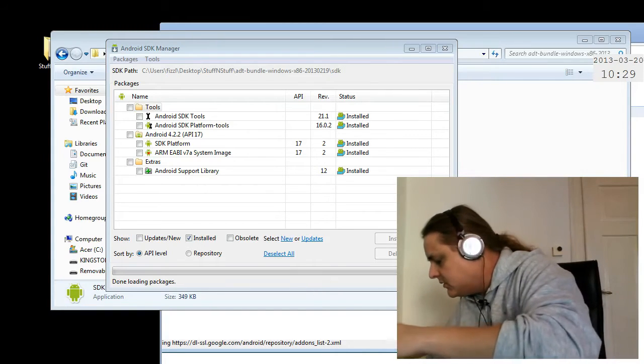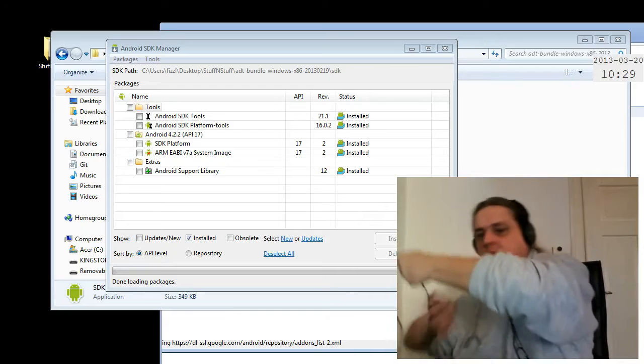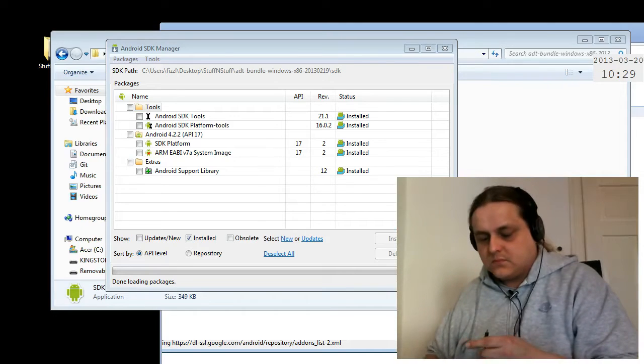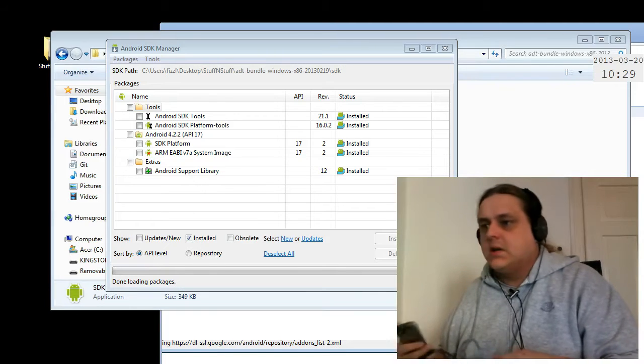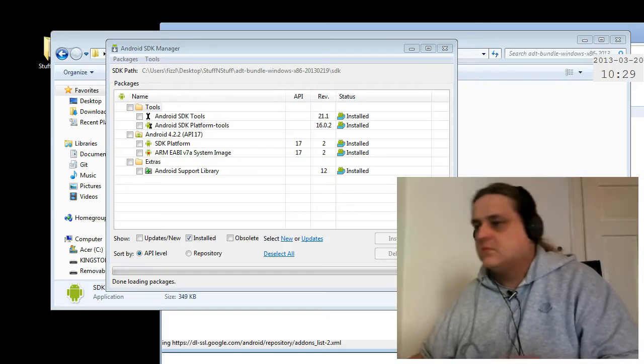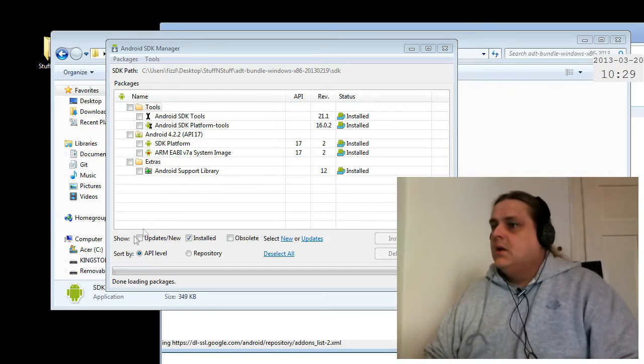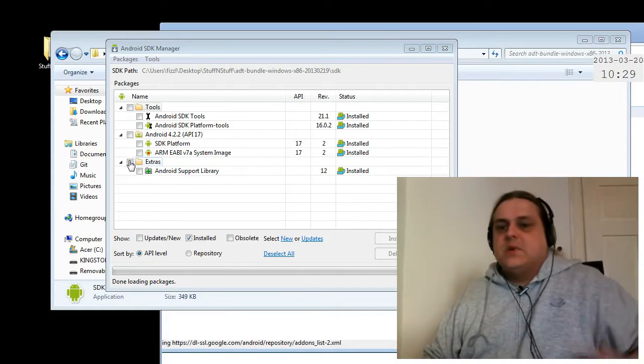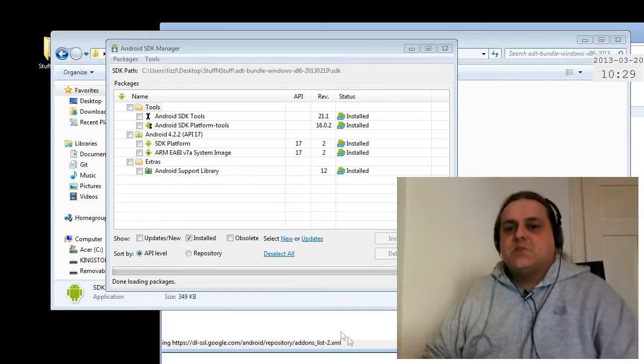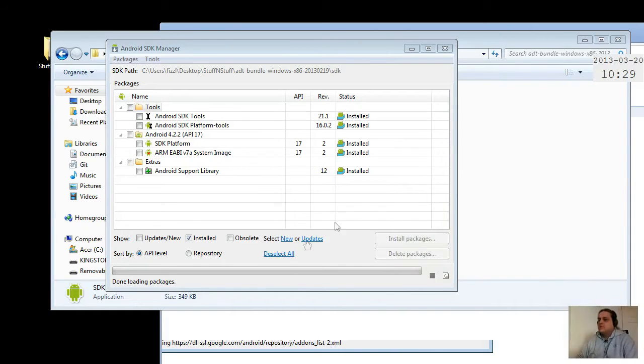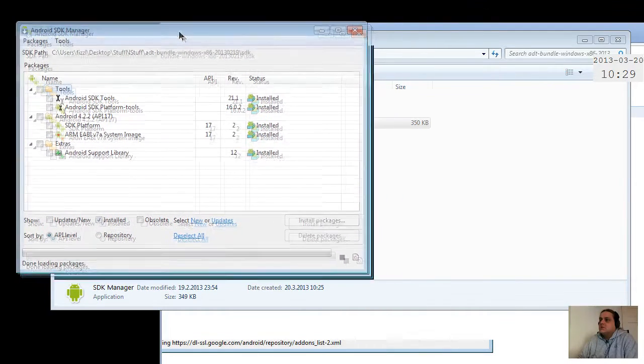Then we need a cable for this. There we go. So first of all, just plug it in. Oh well. Let's see what we need to install first. Sorry about that. So we need